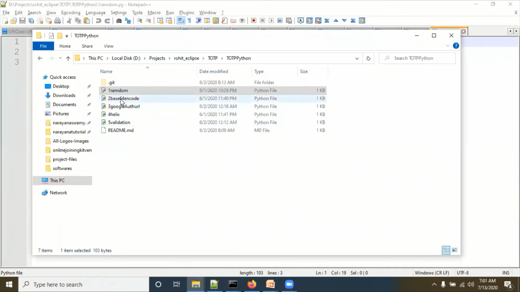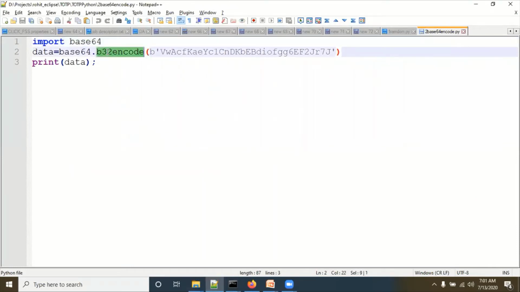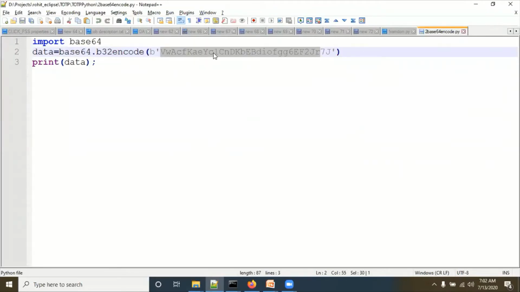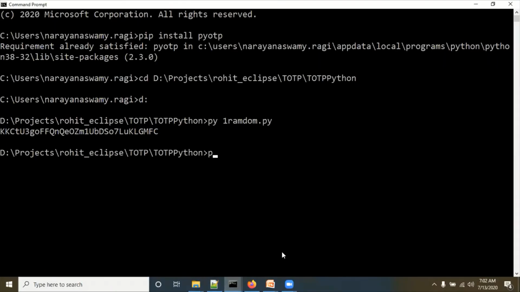Go to encode, open this base64 encode file. Here we have to put our random string. Take this random string and paste it here. Now save this file and execute it with py and the file name.